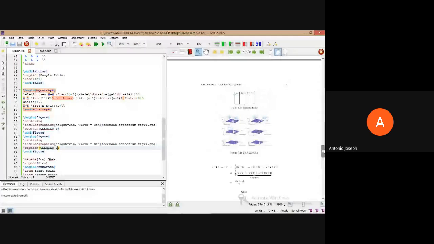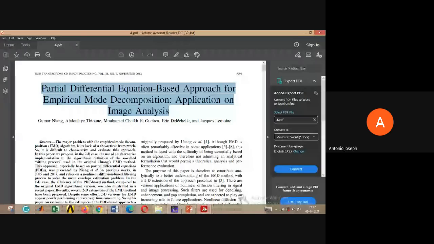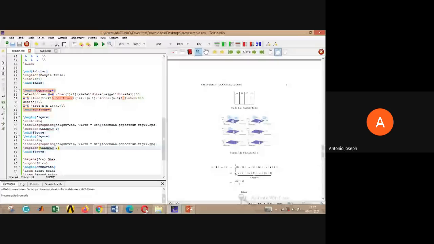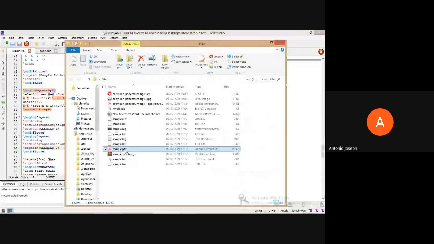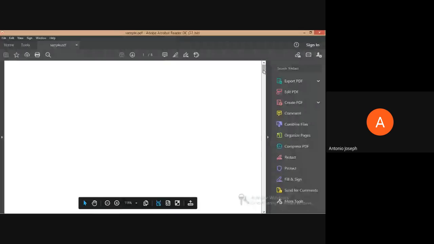Now I am moving on to the document that we have created right now, sample.pdf. We can zoom in and see how much image clarity is possible.